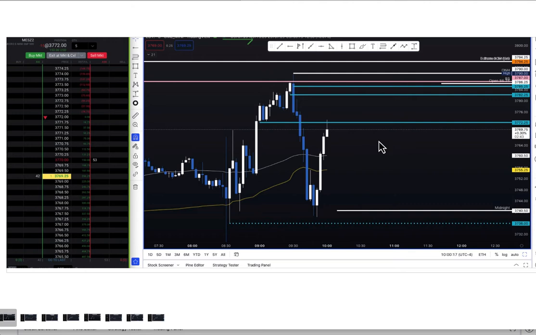So here's an example of the first trade I took today. Price retraced the whole day after the opening, and then it came back to one of my levels. I had 3 sets of 5 MESs setting here. It got me into all 5 sets and did very, very well.